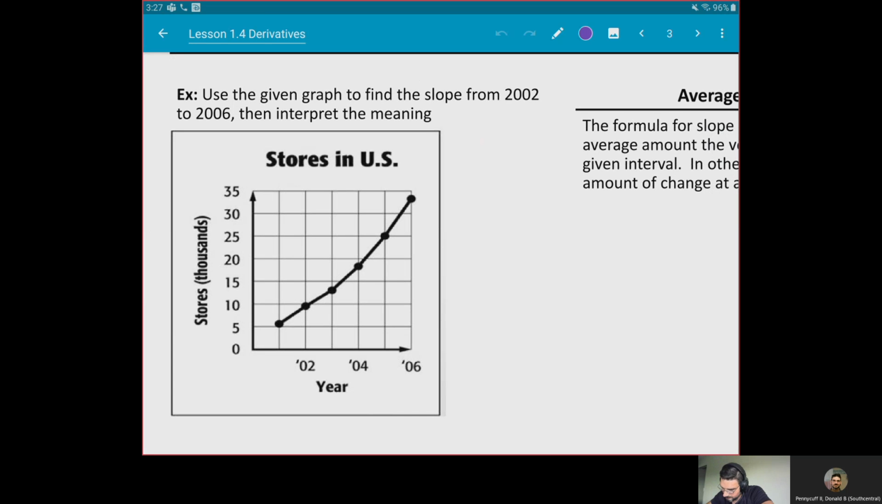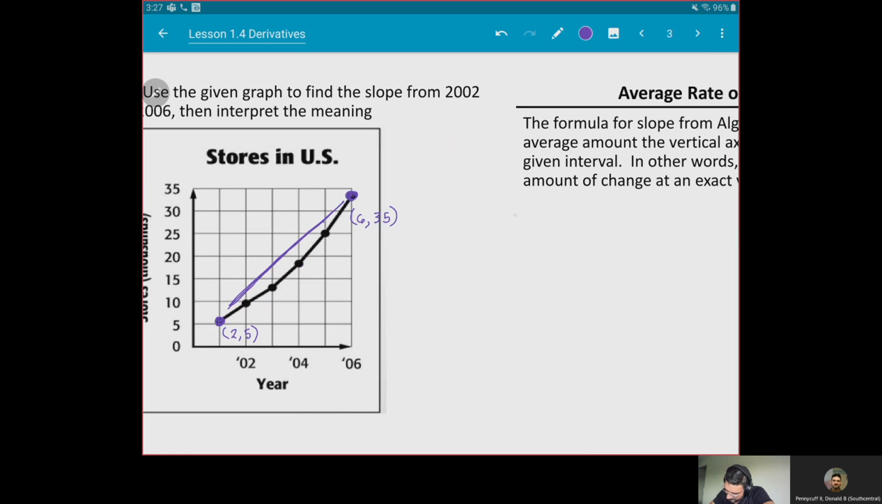So I want to find the slope from 2002 to 2006. I want to find the average rate of increase. Okay, so this is going to be 2002, 5, and 2006, 6, I could just say 2, 5, and 6, looks like, let's just round that up to 35, but it looks like it's 34. All right, so I'm just going to plug that in. Average